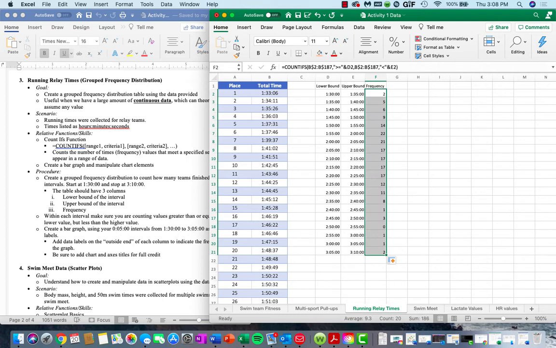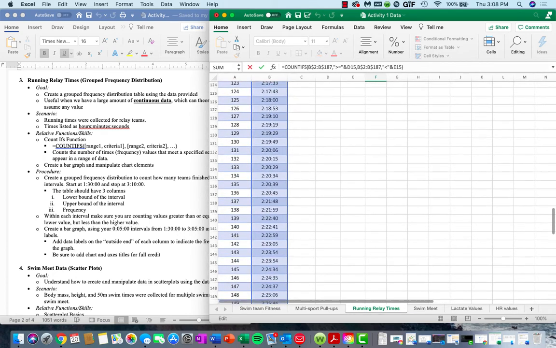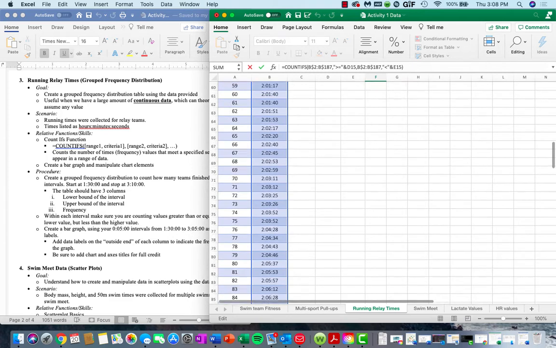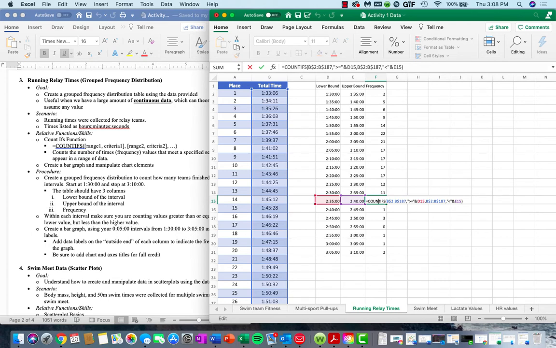we copy all the way down, it doesn't matter if, let's say I click on this one, my range is the same, or it's what I want it to be. This blue box encompasses all of the data that we've collected for these relay teams. And then my reference, I want my values greater than or equal to the lower bound, but less than the upper bound. And magically, you have just deleted a whole bunch of work, just by creating a copyable